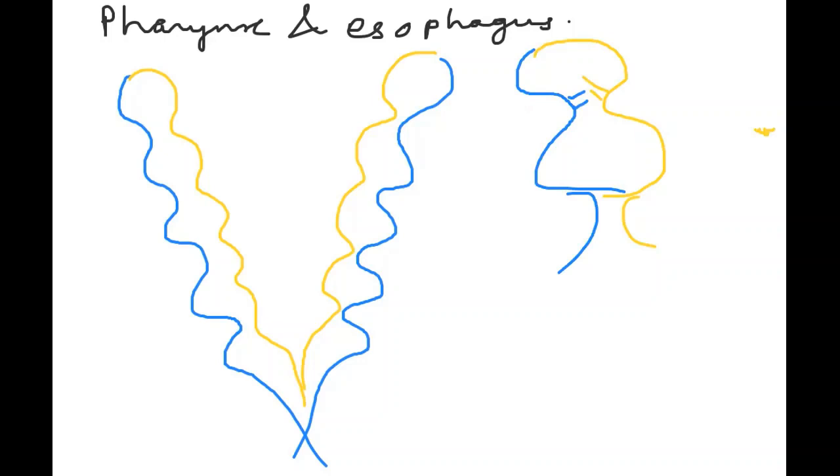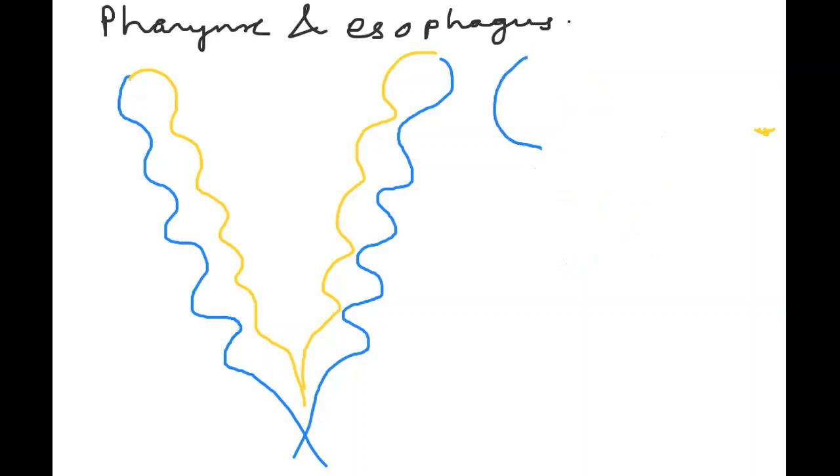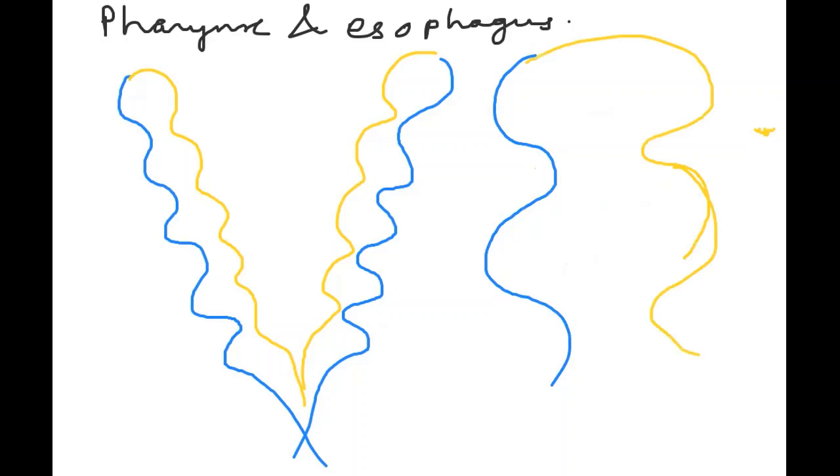The indentation of the first ectodermal cleft will lead to formation of the external auditory canal. Let me just give a more magnified view. So this will grow inwards to form the external auditory canal and also externally the pinna,